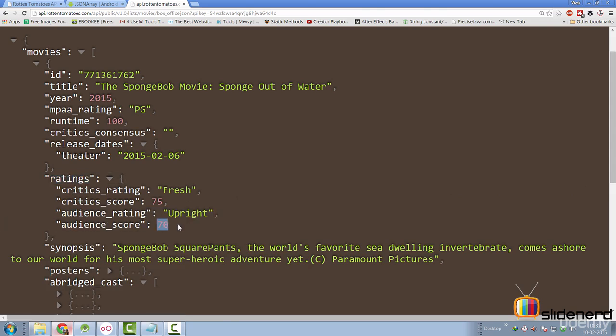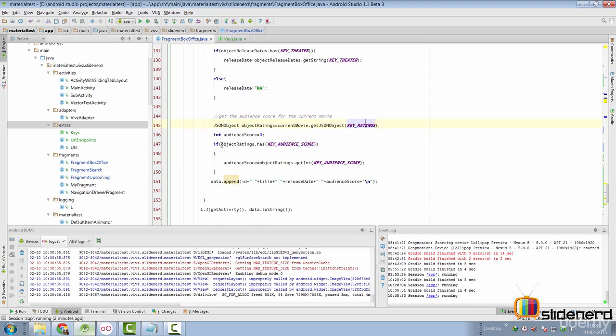Now this 70 is a JSON integer. JSON supports data types as I discussed in my what is JSON video. So going back here to our code, we are going to simply check if the object ratings has the key called audience score. If it has the key, I'm going to call get int over here, and that's going to be assigned to this variable called audience score,